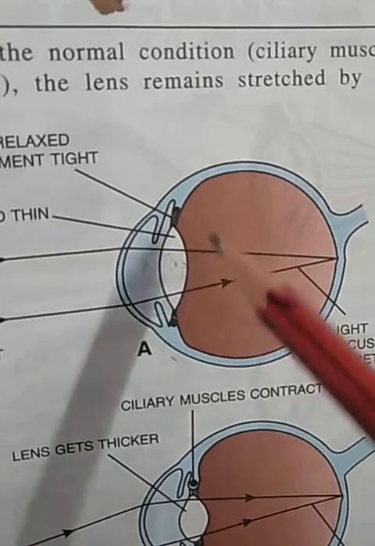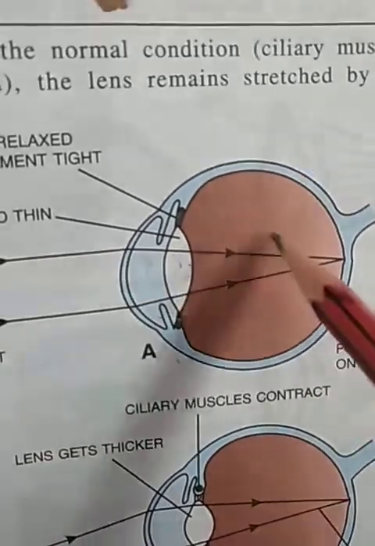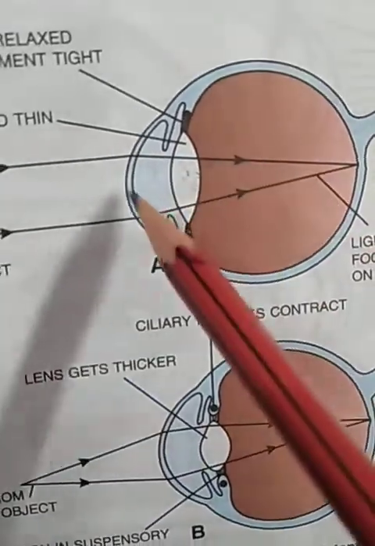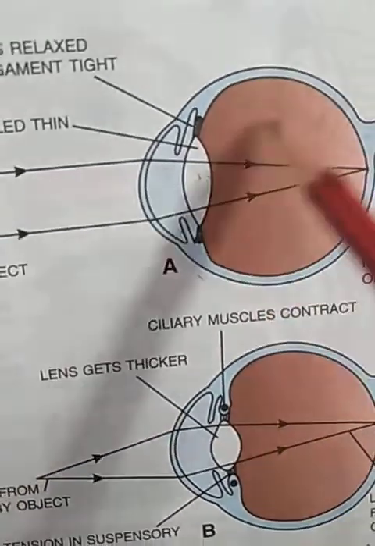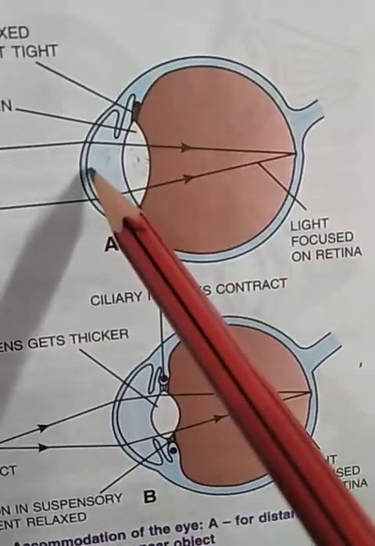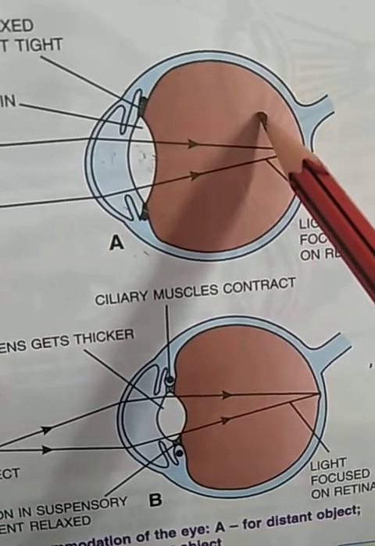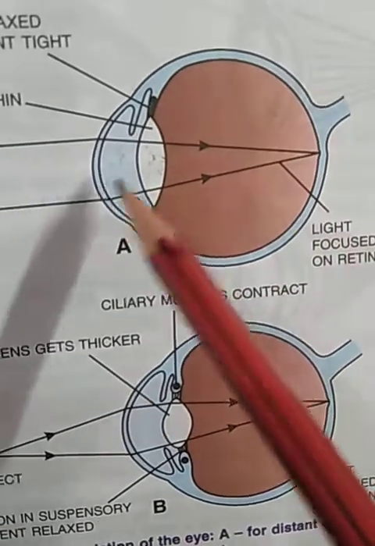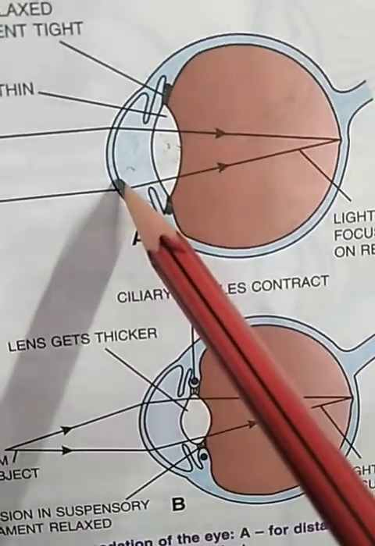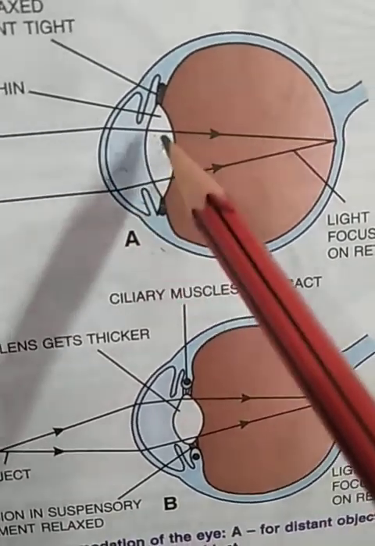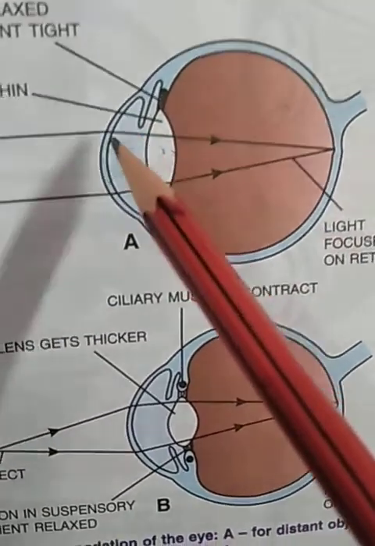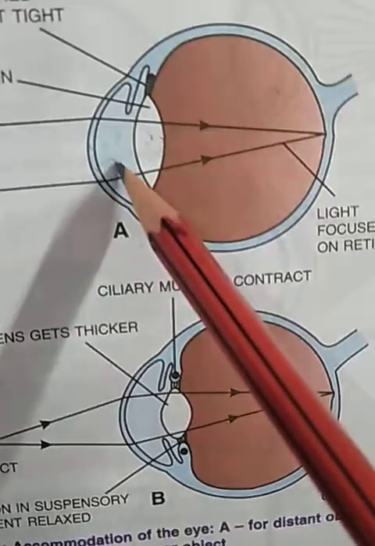Now students, we will discuss the two chambers of the eye. The whole eyeball is distributed into two chambers. One is known as the aqueous chamber, another one is known as the vitreous chamber. The aqueous chamber is the front part of the eye, situated between the lens and cornea. It is filled with a watery fluid, which is known